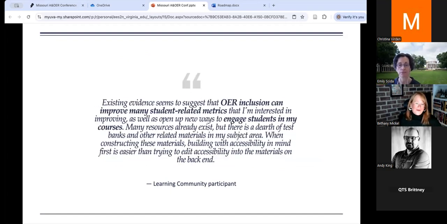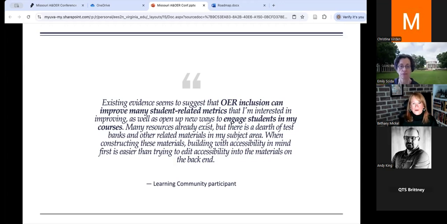We had another reflection, and this speaks to student gains from OER through engaging with learning in a more authentic manner. They surfaced knowledge of needing to construct open materials with accessibility at the forefront.